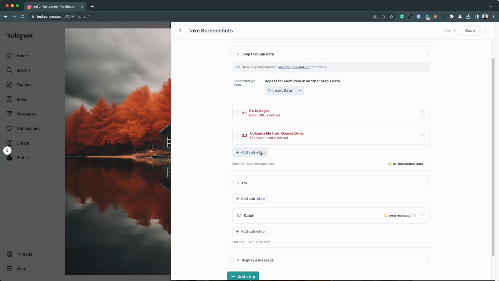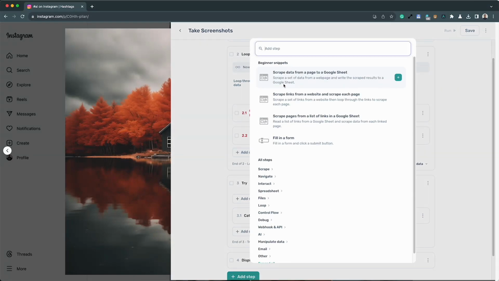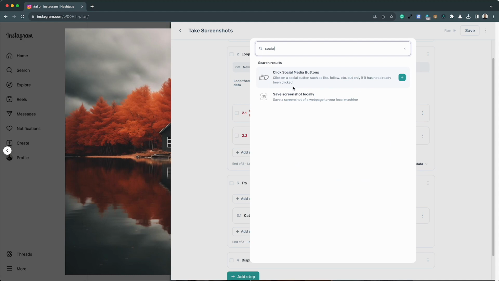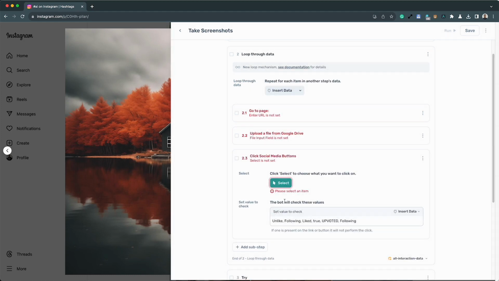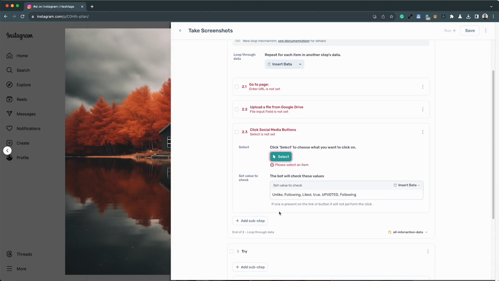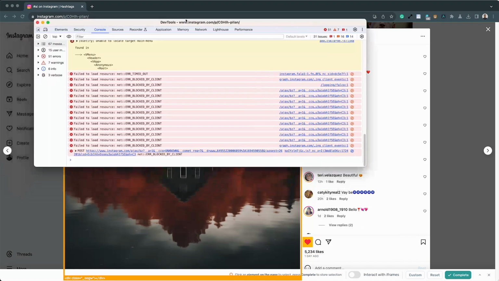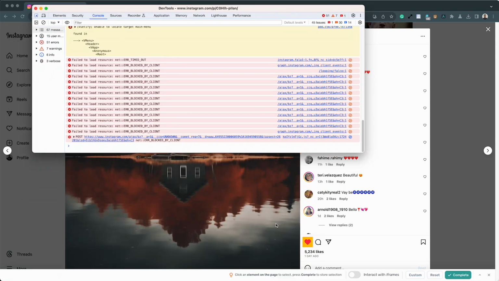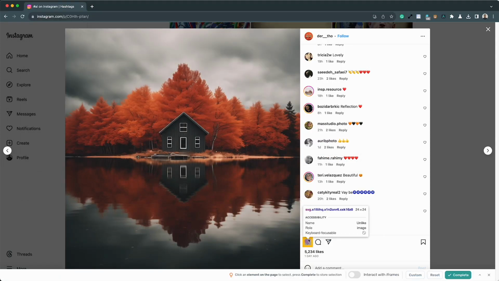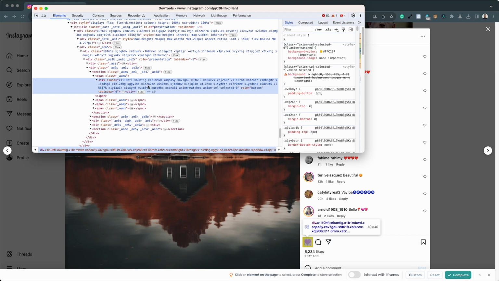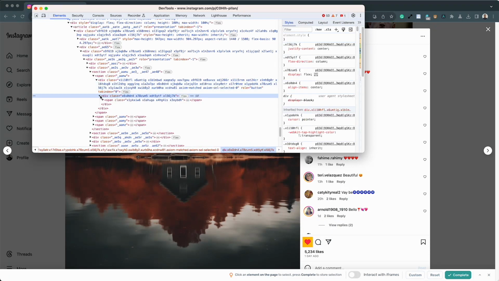The click social media buttons step. I'm going to open up the step finder, just type in social, add the step. Now, much like the click element step, you just point and click to select the button, but you will need to know the value in the button. So for example, the step is useful to make sure you don't click on posts that you've already liked. If I inspect it, we'll see this button has a value